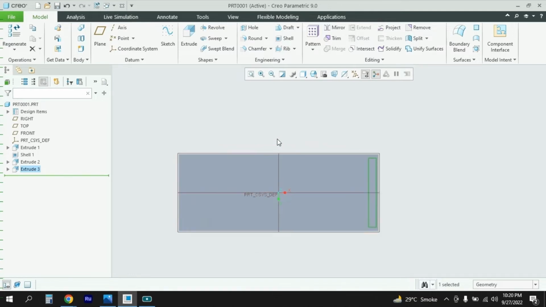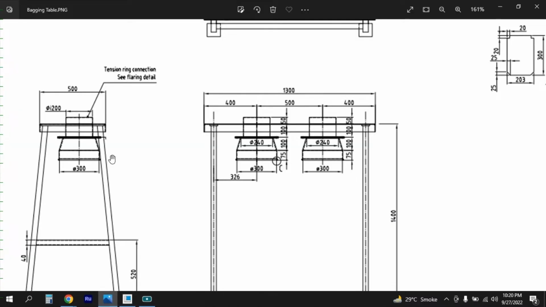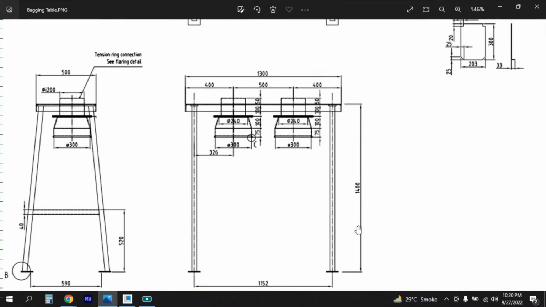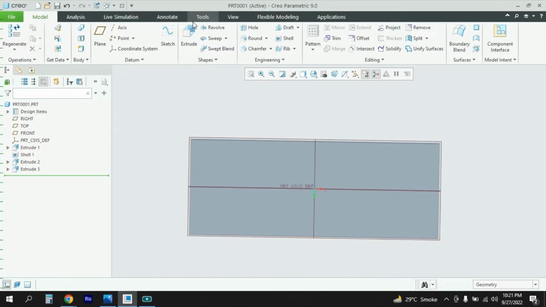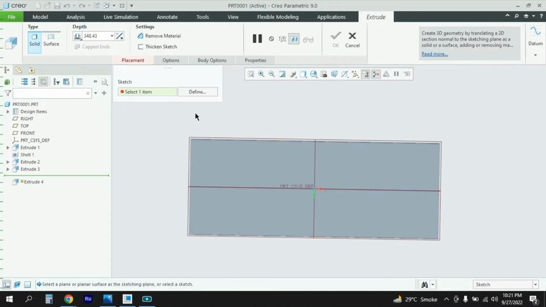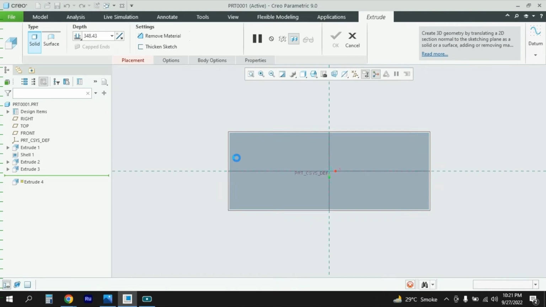Okay, so now I need to make the supports here. From the drawing you can see the support height is 1400 millimeters starting from here. So the 4 millimeter was of sheet thickness for the plate thickness, so that we can ignore for now. So I will keep it as 1400 millimeter. So now we will extrude it. So I will choose the extrude command. I will select this plane,